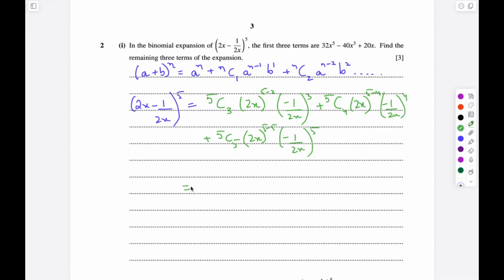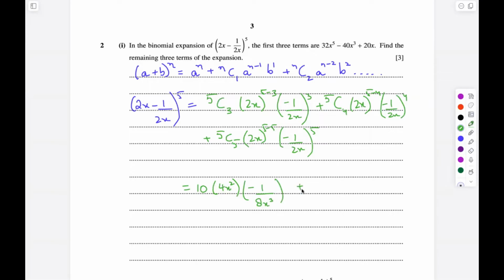Simplifying this, we will get 5c3, which in the calculator equals 10. This will be 2x whole cubed, which becomes 8x cubed, into minus 1 upon... so this is 5 minus 2, 3, and this should have been a 5 minus 3 up here. So this will become 5 minus 3, which will become a whole squared. So 2x whole squared will become a positive 4x squared. So this will be a 4x squared up here, not 8x cubed. So there will be a slight correction over here. This will become 4x squared into minus 1 upon 8x cubed